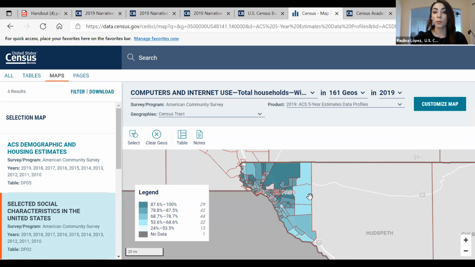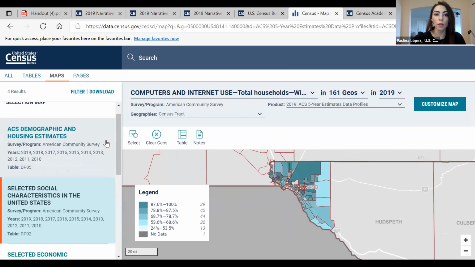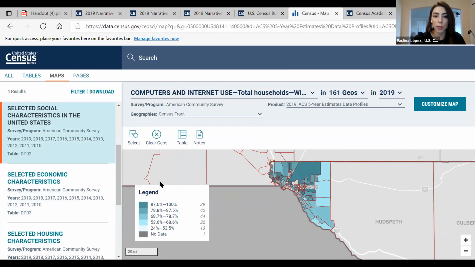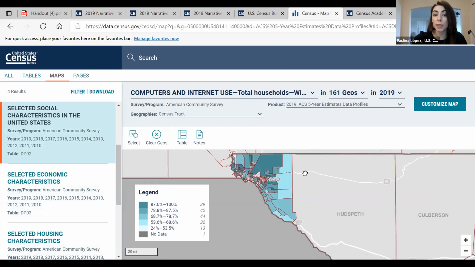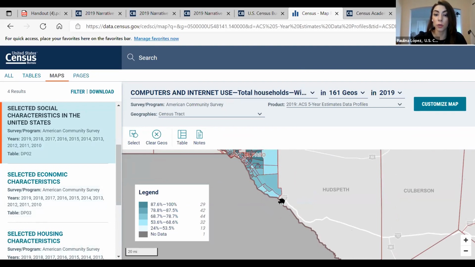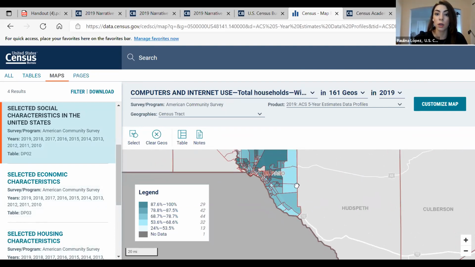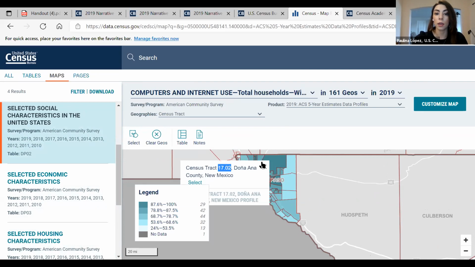So if you saw, the colors changed in the map. So here's the legend. The lighter the color, the less internet access they have at home. And it makes sense: the rural areas in our community, Tornillo, Fabens, over here, Anthony, Canutillo.